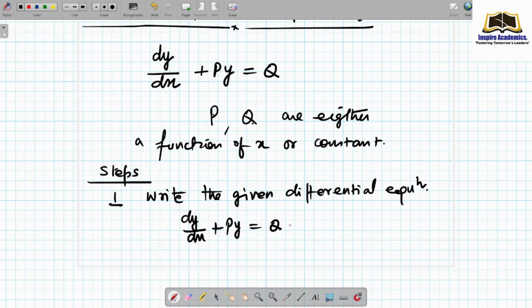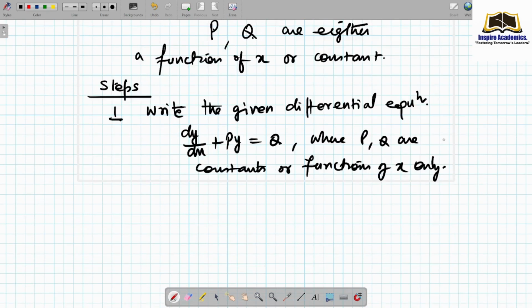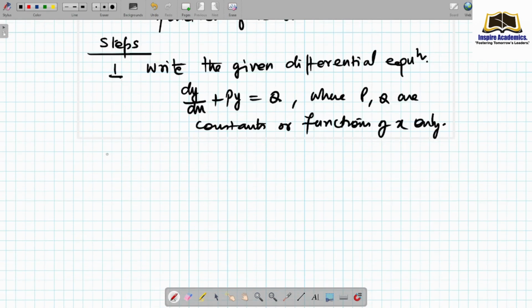Okay. And as I told you, where p comma q are constants or functions of x only. Remember that much. First, step 1 is clear. Step 2,